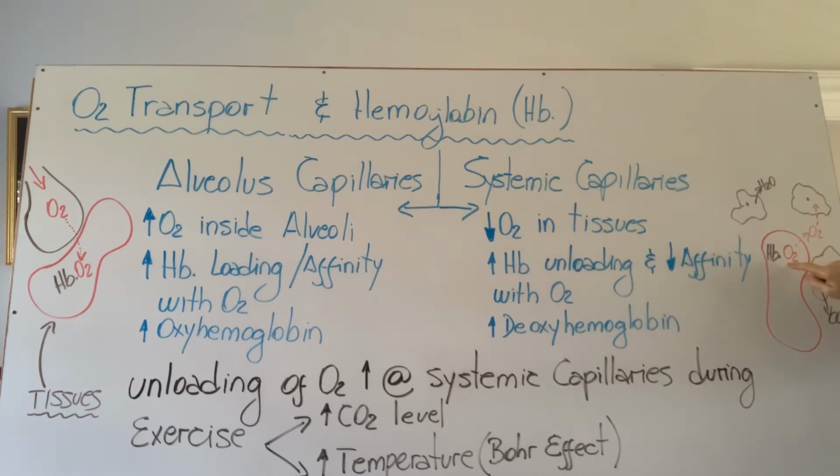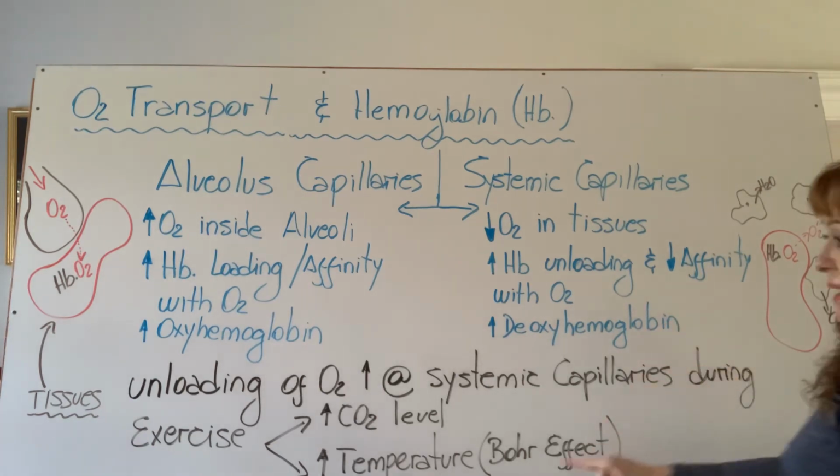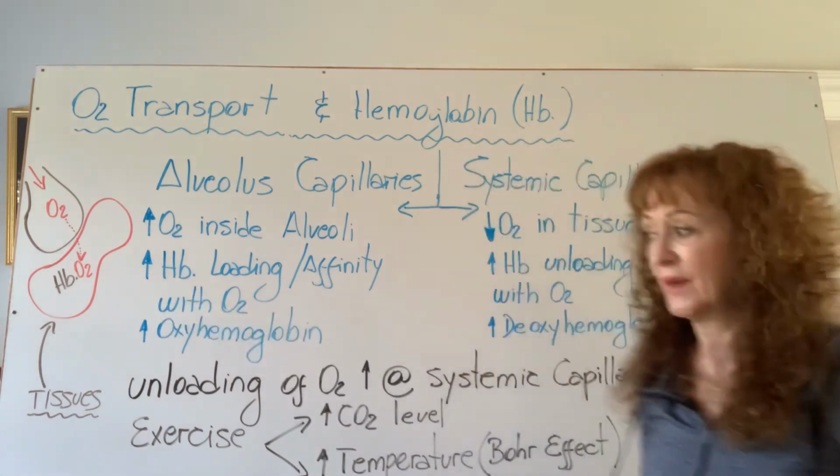The target is the cell. Now, we facilitate, increase the unloading based on the difference of pressure between these two places. But also this hemoglobin decreases the affinity with oxygen based on the same principle. Decreasing the affinity leaves that hemoglobin without oxygen or pretty much empty of oxygen, and at the time it is leaving the tissue, the hemoglobin is converted into deoxyhemoglobin, and the circuit starts all over again over there.